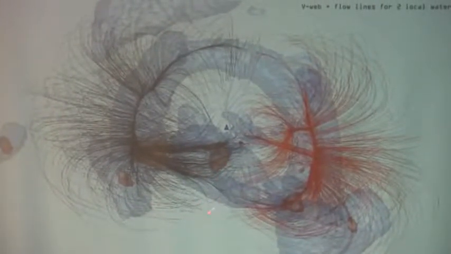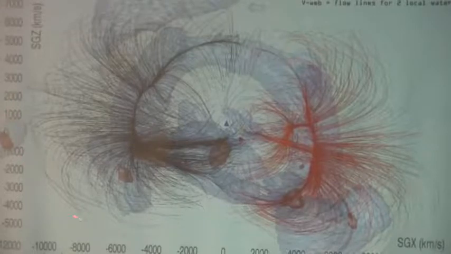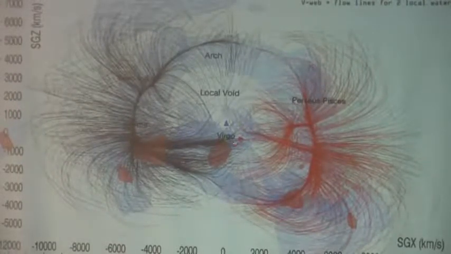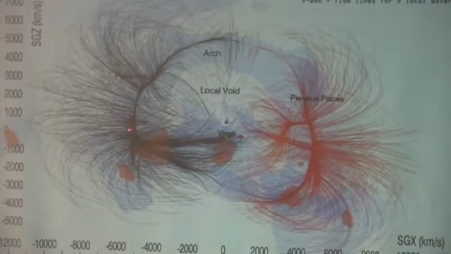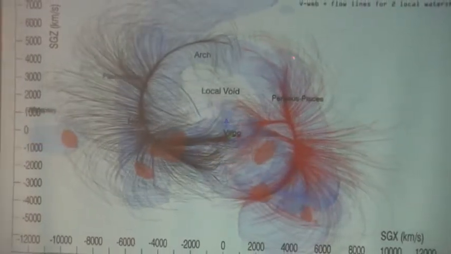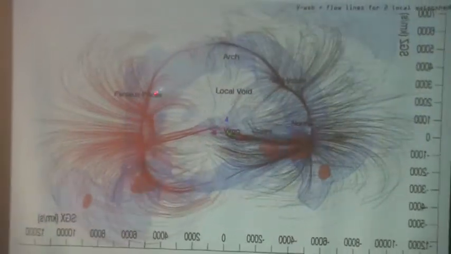And here you have, this is Laniakea. You see, this is the basin of attraction of all galaxies that are within this volume, which seem to be moving towards the Great Attractor here. These red lines are other galaxies close to us, but actually moving in a different direction. So it's a different basin of attraction.